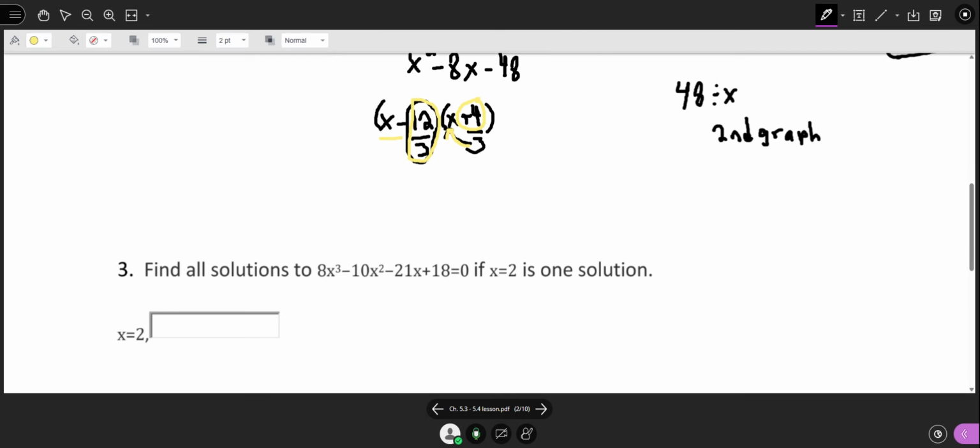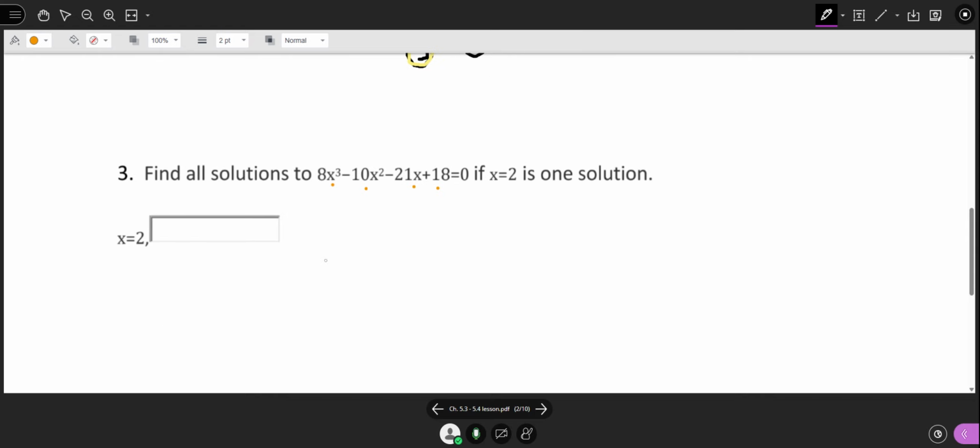All right? Now, I'm going to group and group. Okay. This says, well, find all. I just automatically was going to jump because I saw 4 terms. But what does that say to do? That says if x equals 2 is a solution. Okay, if it is not a solution, then I don't have to do anything else. So x cubed, x squared, x, constant, everything is represented. So I don't really have to put those x cubed